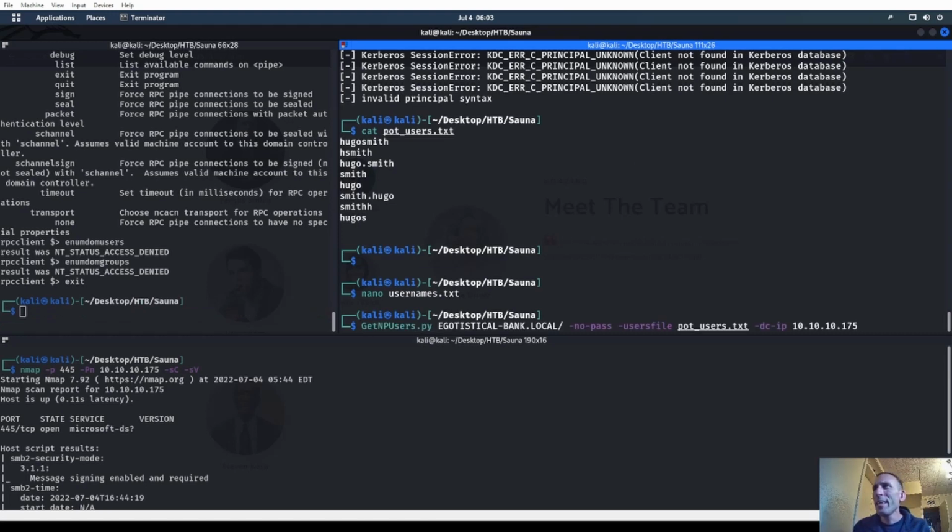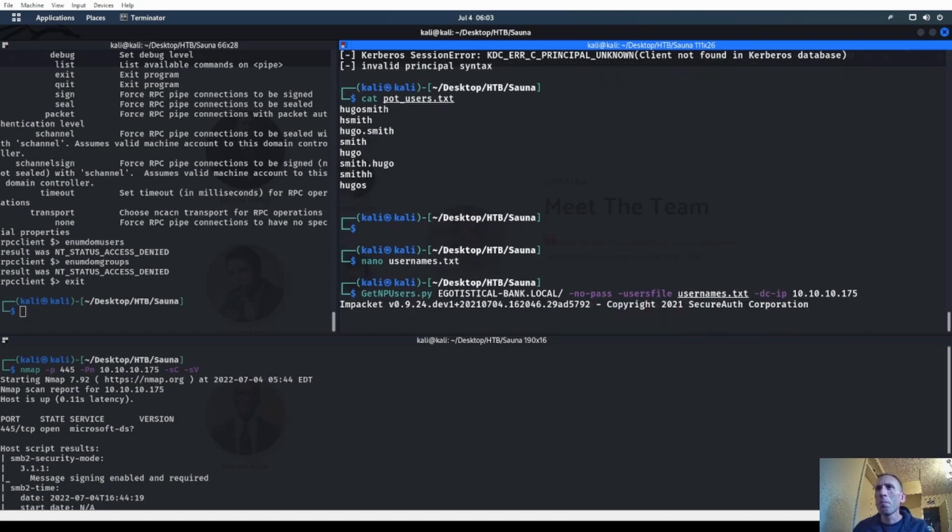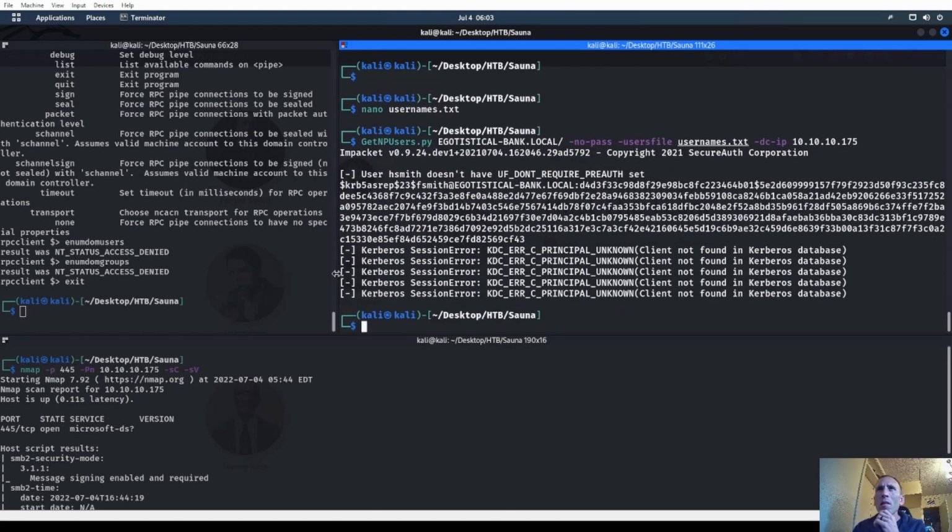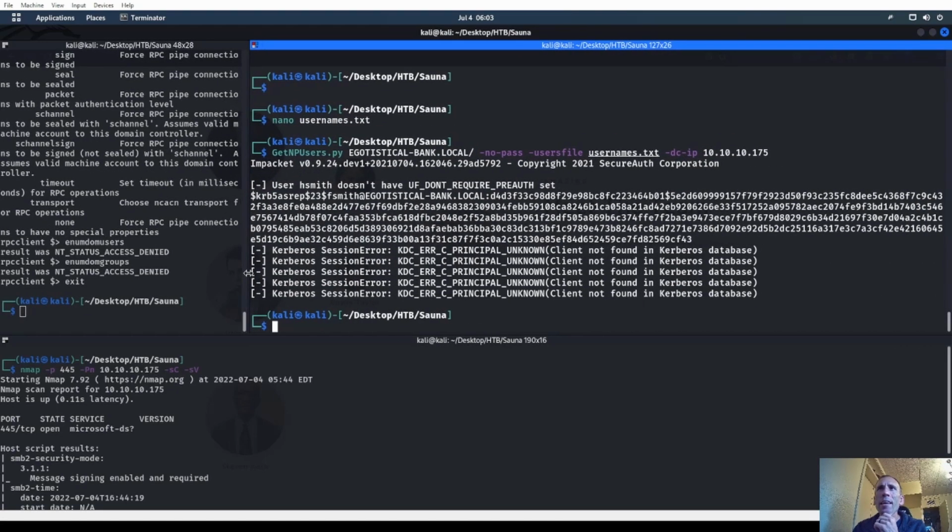Let's go ahead and run that same exact thing again with the user pass file. This time we're going to do usernames.txt. And we'll see if we get anything back. And we do. And that is on